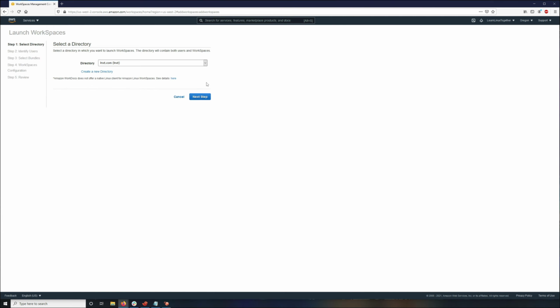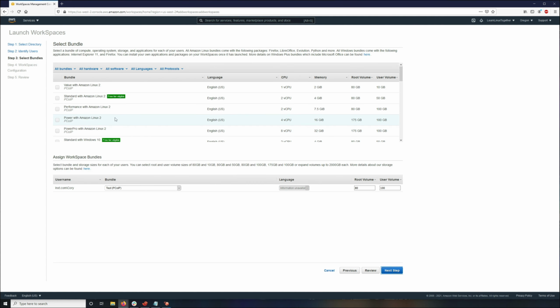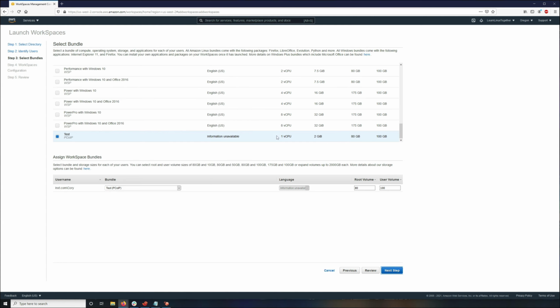You're going to click the launch workspace, and it's going to go through the same process that we went through before. Click your directory, find the user, and then the only thing different is this bundle page. Instead of clicking the standard, you're going to go to the bottom. It's already going to be clicked. It's going to be that bundle you made, and it's going to have Chrome and Notepad++ on it. It's going to have whatever application you want. It's going to be the hardware you chose and the storage, and you're going to go through the same exact process as before. I'm not going to go through it, but